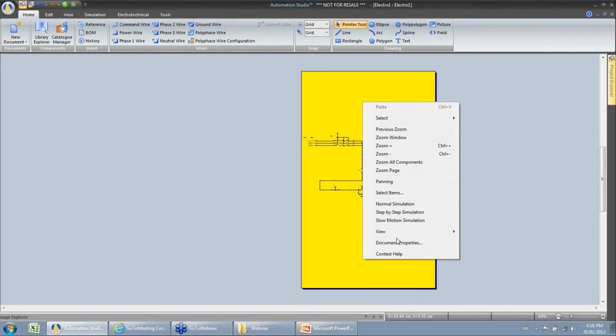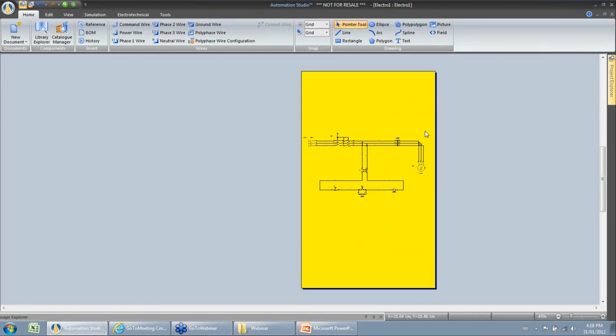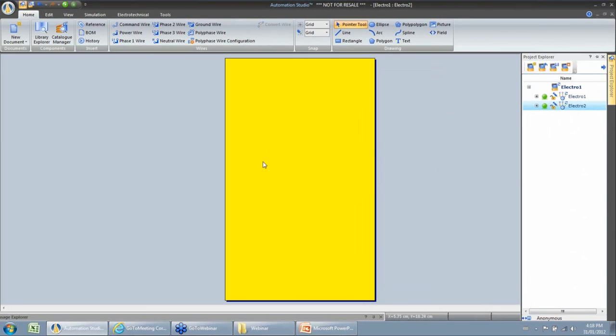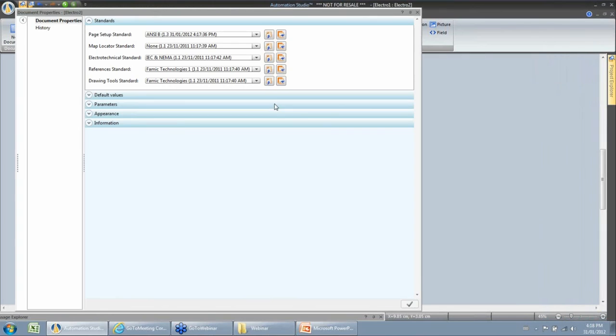Now, if I need to apply or modify a document independently of other documents, meaning I have two documents here that are following the same page setup standard, I don't want them to be identical. I want each one to follow a different page setup. So what I can do is, instead of changing the standard itself, which will be applied to all the documents that use it, I can import a copy of a standard into my document using this import a copy and modify button. If I click on that,